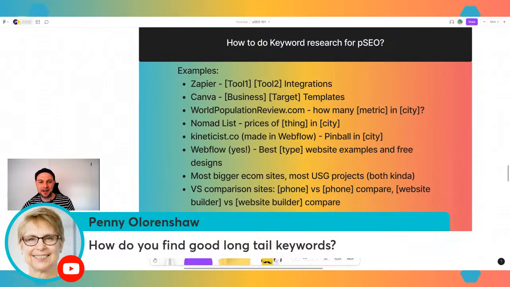Penny's asking how to find long tail keywords. I will try not to forget after we run through the formulas, because I think that will answer the question. So keep that question and repeat it again if after we're done with this keyword research part and long tail keyword research, you don't get the parameter of what we're looking for. But to answer it quickly before we jump in, in theory you have to find,